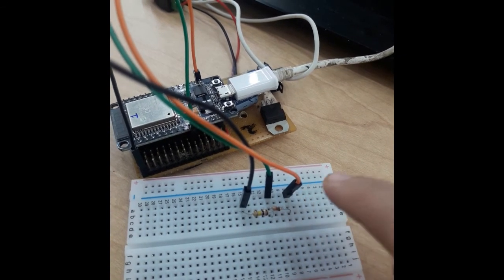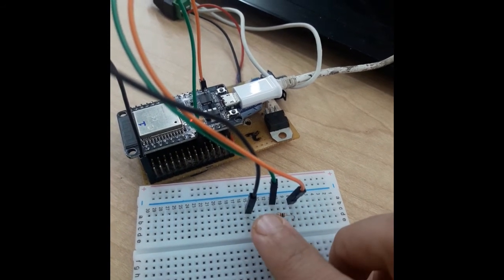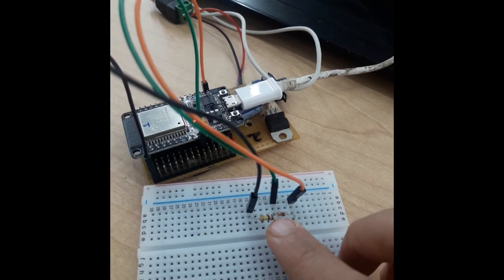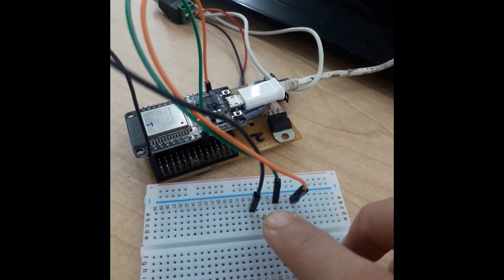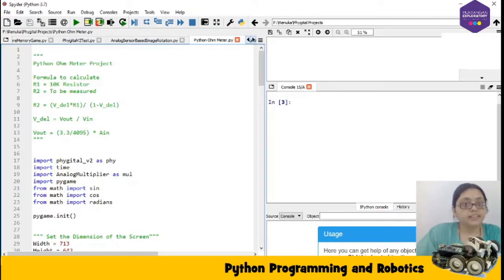Now we are going to write a program for this and check whether our ohm meter gives us the reading for this resistor value or not. I have written a Python program for our ohm meter project. So in that program, we are going to test whether our program calculates the resistor value correctly or not.